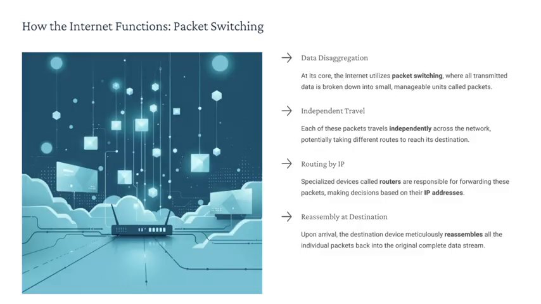How the internet works: packet switching. This is the core concept of this topic. The internet uses packet switching, not circuit switching, where the data that is sent is broken into small packets. Each packet travels independently through the network and different packets may take different routes. Routers decide the path using the IP address and at the destination packets are reassembled in the correct order. This makes the communication efficient and reliable.